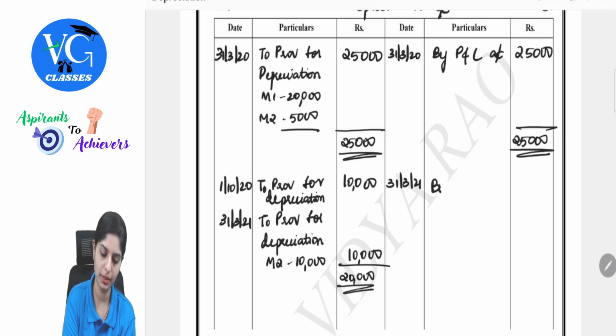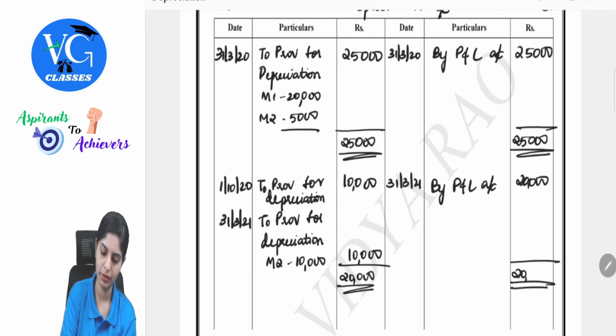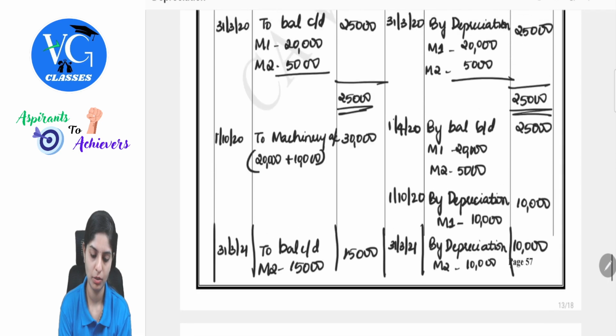Thirty-first March 21, by P&L account 20,000. So this is until